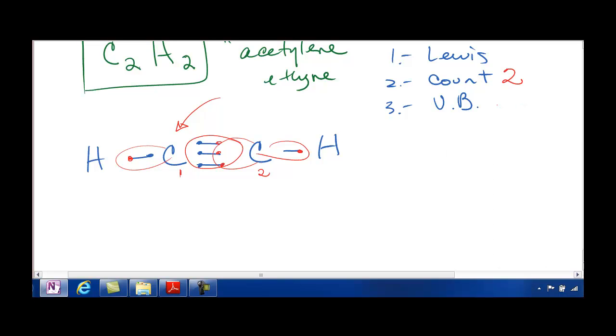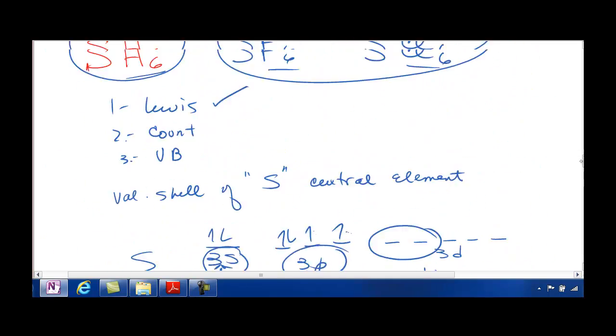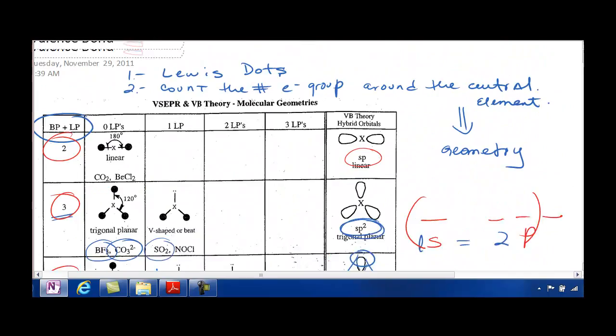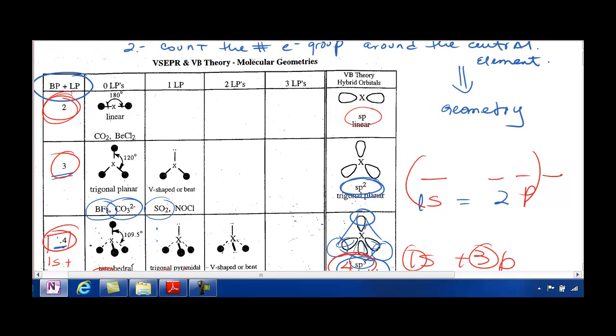Okay, so now I'm going to valence bond. And to do valence bond, I need to come up with new hybrid orbitals. For a count of 2, what were my hybrid orbitals? SPs. A count of 2, like CO2 or like C2H2. My hybrid orbital is 1 s, 1 p. A count of 2 is sp. Okay, so I'm going to get there, but I first start with my